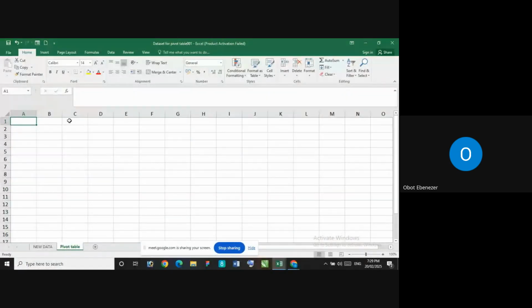Now you go to your blank space. So for us to make a pivot table,